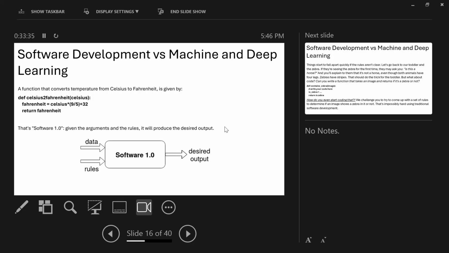For instance, if you want to write a program to convert Celsius into Fahrenheit, all you need is a line of code. You already know the equation to convert Celsius into Fahrenheit. So you just write the equation in the form of code, and the code will do it for you. That's traditional programming or software development.